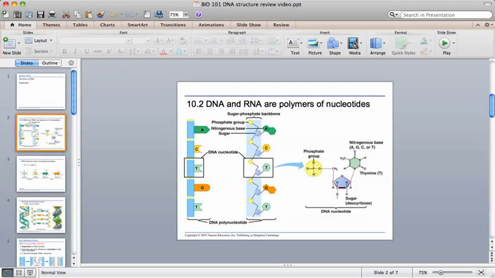If you take a closer look, this is actually thymine, so here's that sugar and here's that phosphate. That's the same for all of the nucleotides, the A's, C's, T's, and G's. But the part that differs is this part that sticks out to the side in both DNA and RNA. DNA is a little different than RNA. DNA is double-stranded, so you'll see these A's pairing up with T's and C's pairing up with G's in the